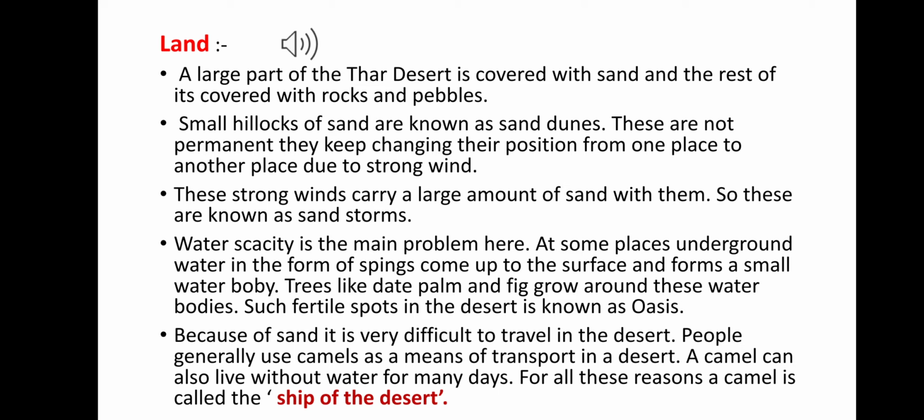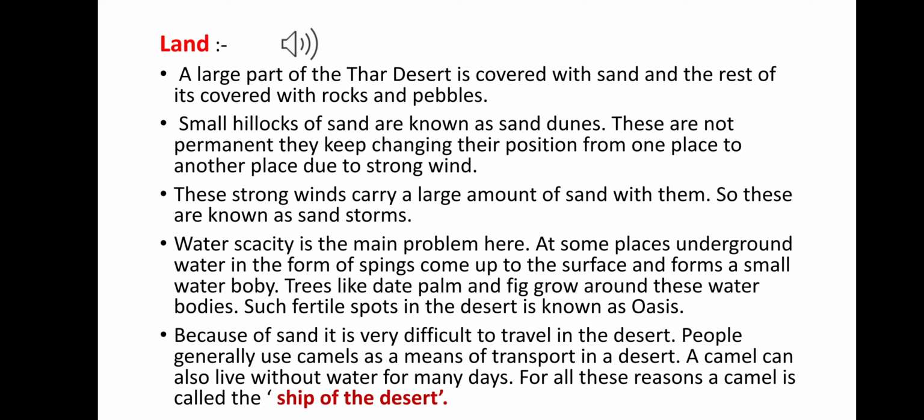When strong wind blows, it shifts these sand dunes from one place to another. This strong wind, which carries a large amount of sand with it, is called a sandstorm.